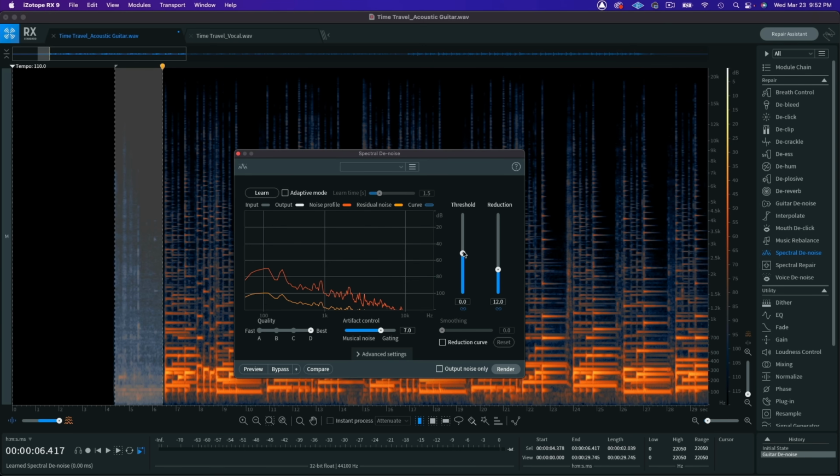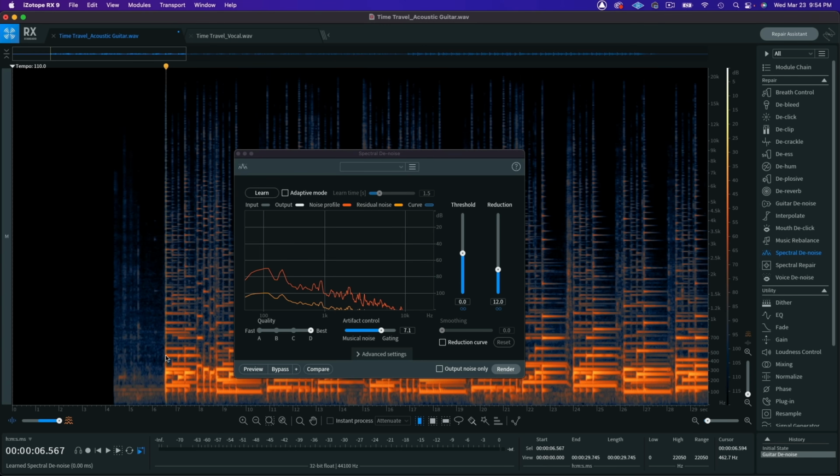You also have a threshold and a reduction that control the amount that you're attenuating that background noise. Typically, I get good results just by leaving these at the default. But if you want to adjust the threshold, higher settings reduce more noise, but also suppress low-level signal components, while lower threshold values preserve low-level signal details, but can often result in the noise being modulated by the signal.